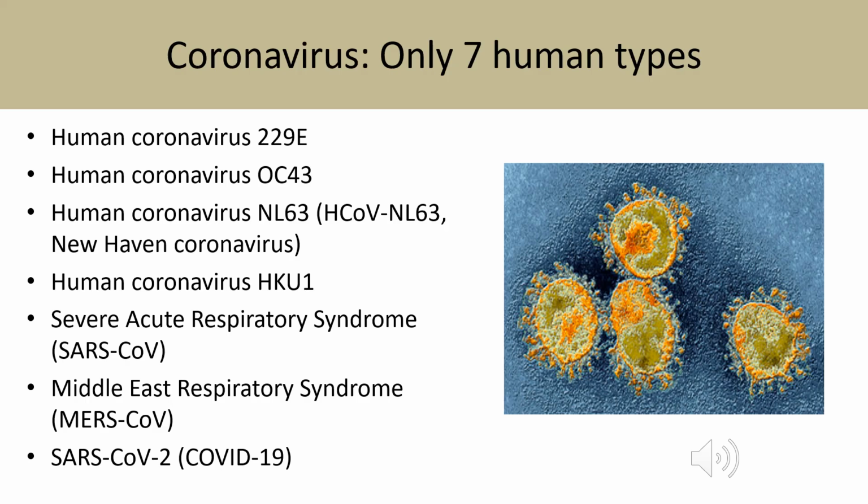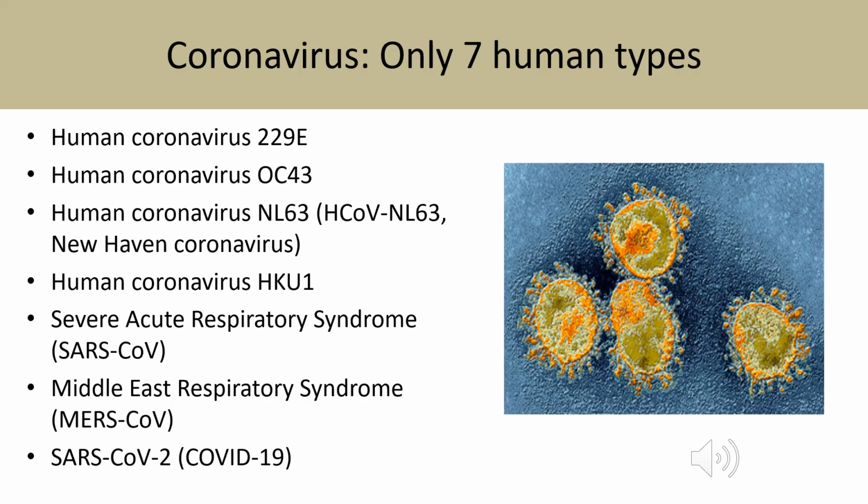So there are 7 known human coronaviruses. The first 4 on the slide are quite common coronaviruses that cause the common cold across age groups, although more prevalent in children usually. Infants and young children who go to daycare as well as school children, and they do also infect adults. And the 5th known human coronavirus was identified about 20 years ago when there was a small